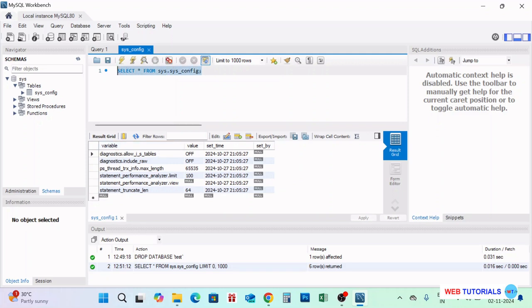Here is the query that is executed by MySQL Workbench while we select that table. So all data is fetched from that table. Okay,